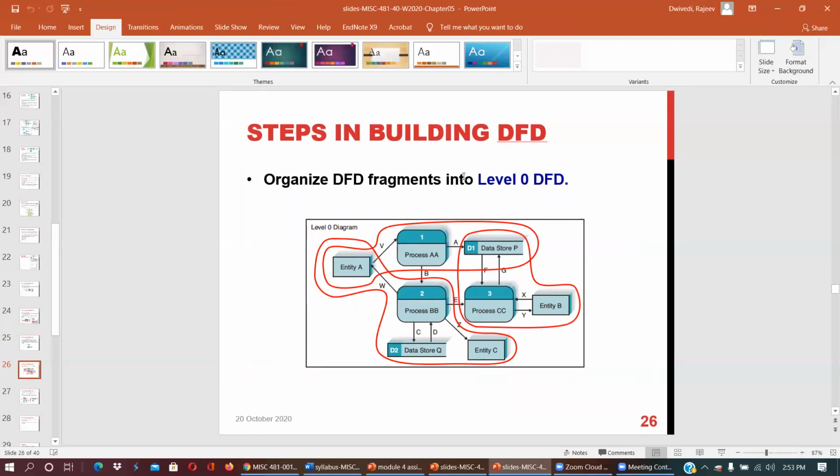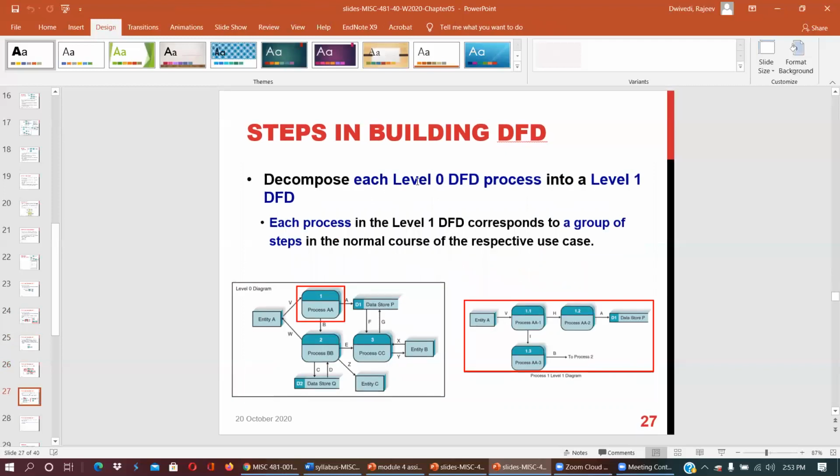Organize the DFD fragments into the level 0 DFD. So put all these things into level 0, showing how processes 1, 2, 3 interact. You just combine and organize the DFD, and then decompose each level 0 process into level 1.